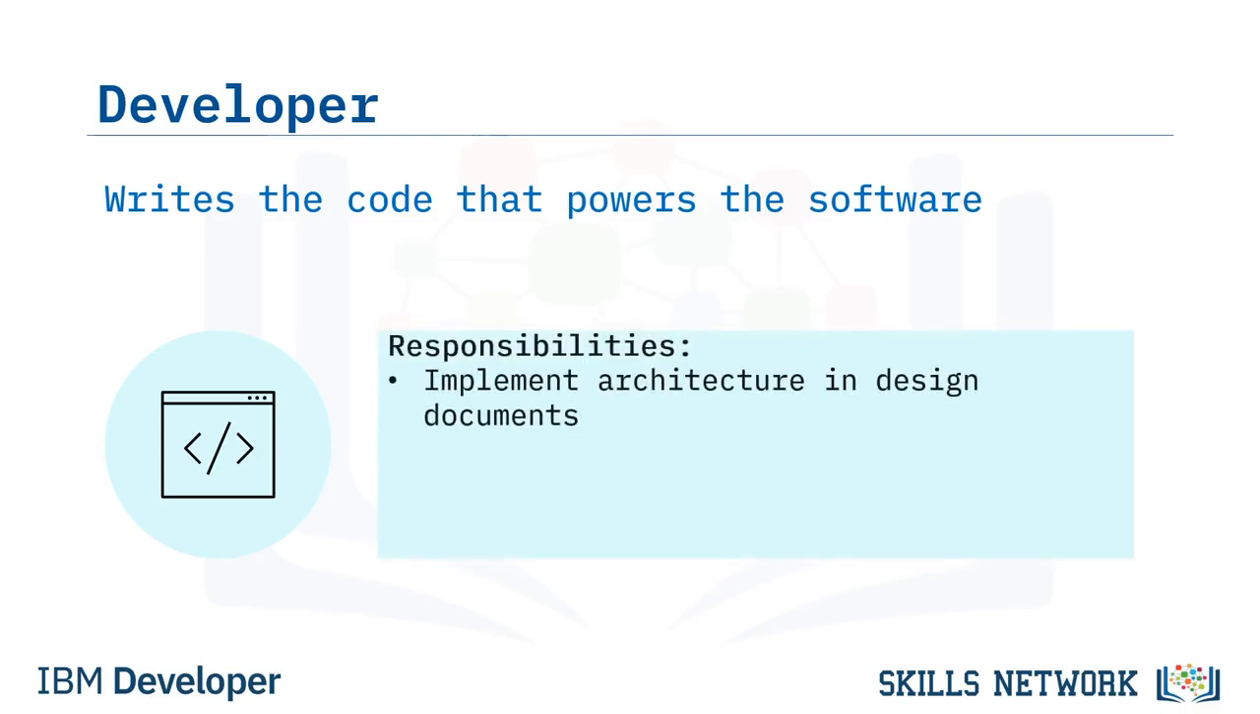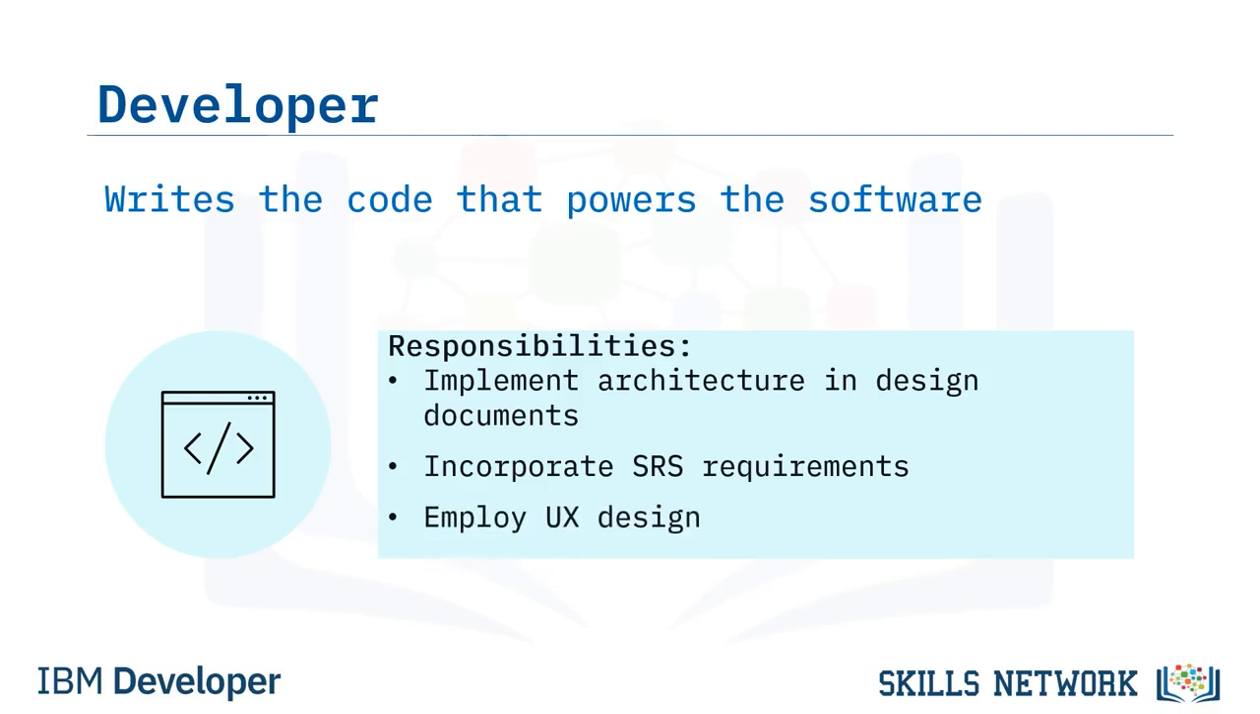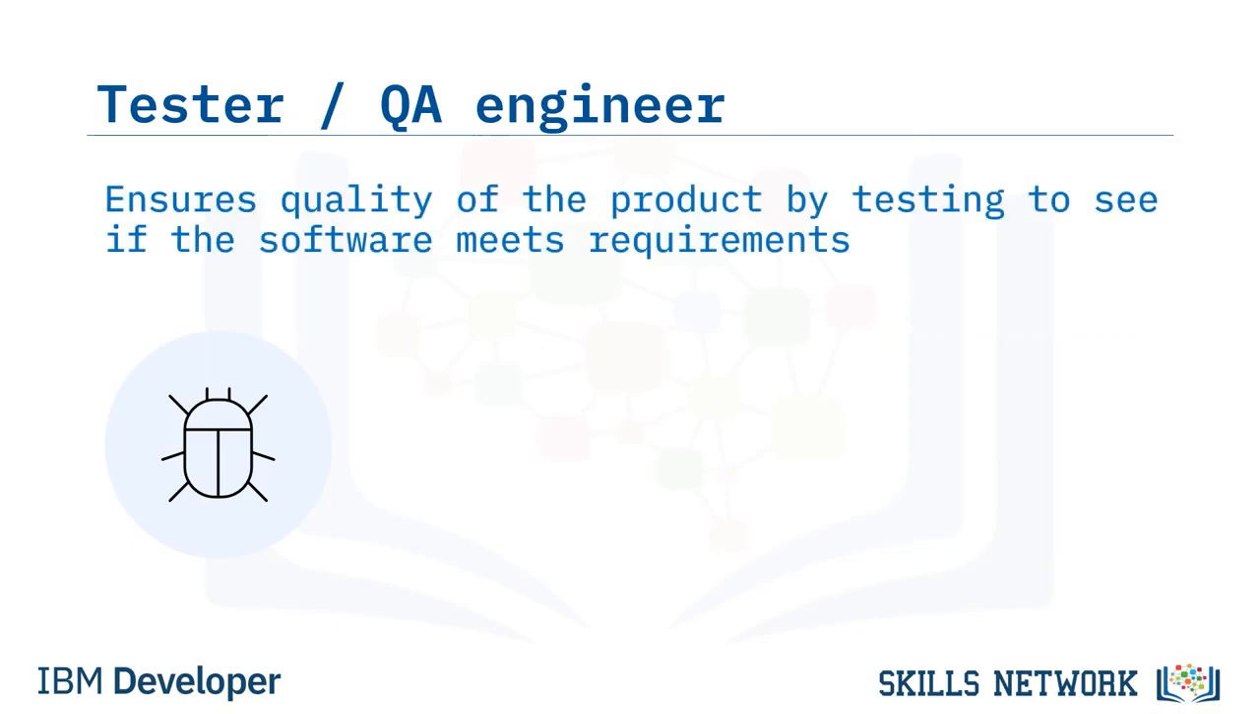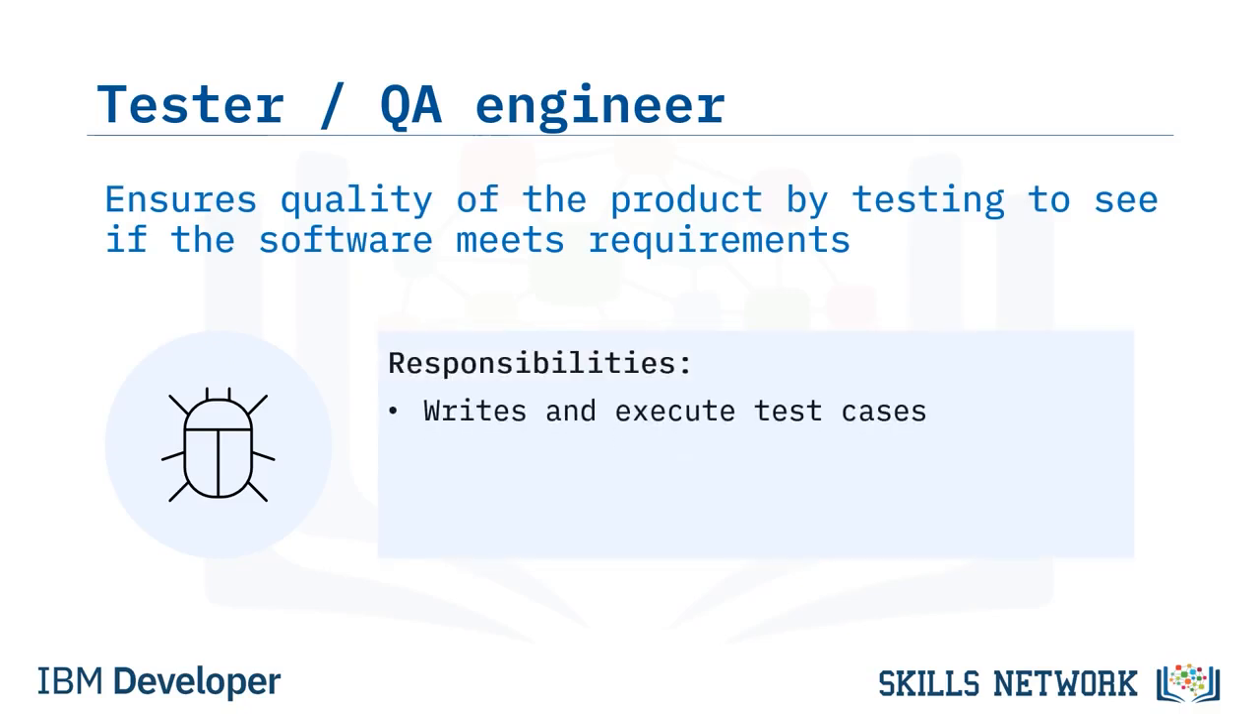Responsibilities include implementing the architecture laid out in the design document, incorporating the requirements laid out in the software requirements specification, and employing the UX requirements determined by the UX designers. Testers, or QA engineers, are in charge of ensuring the quality of the product and that the software solution meets customer requirements. They are responsible for writing and executing test cases to identify bugs or deficiencies and provide this feedback